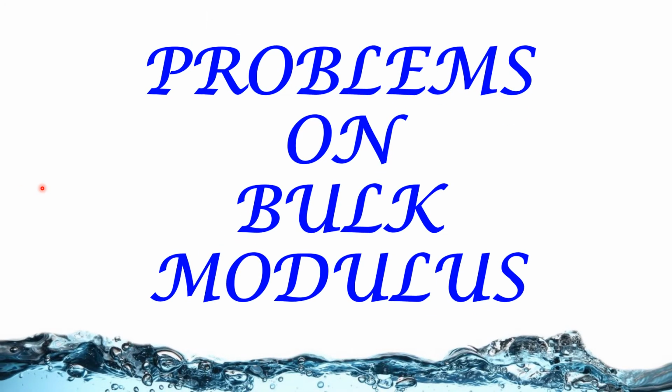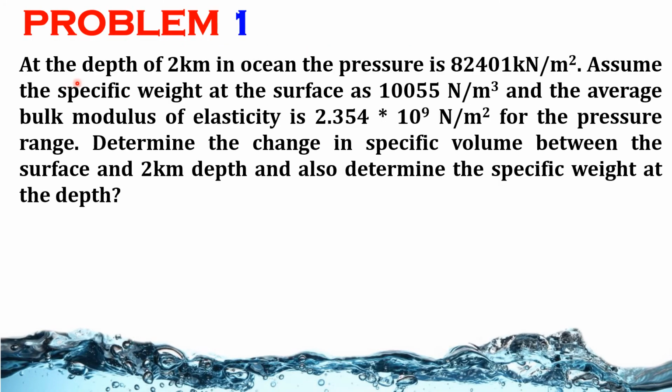Further, we are going to see problems on bulk modulus. Problem number 1. At a depth of 2 km in the ocean, the pressure is 82401 kN per meter square. Assume the specific weight at the surface as 10055 Newton per meter cube and the average bulk modulus of elasticity is 2.354 into 10 to the power 9 Newton per meter square for the pressure range. Determine the change in specific volume between the surface and 2 km depth